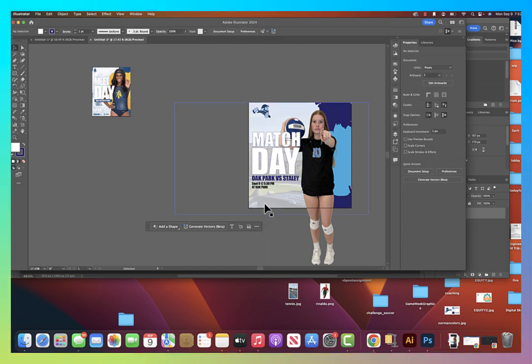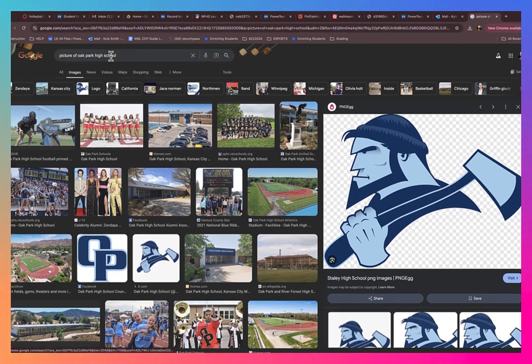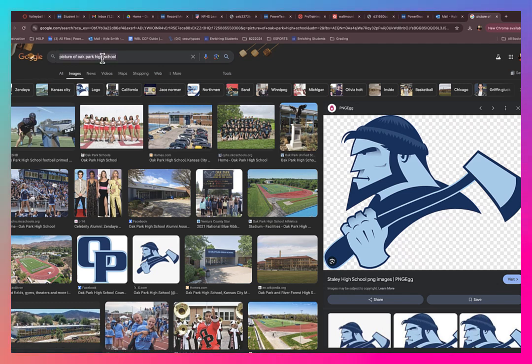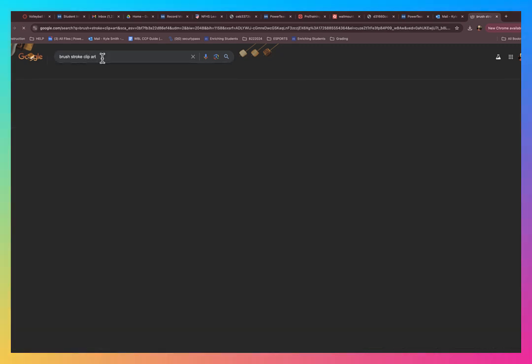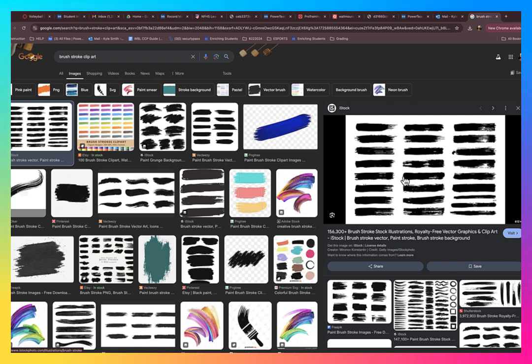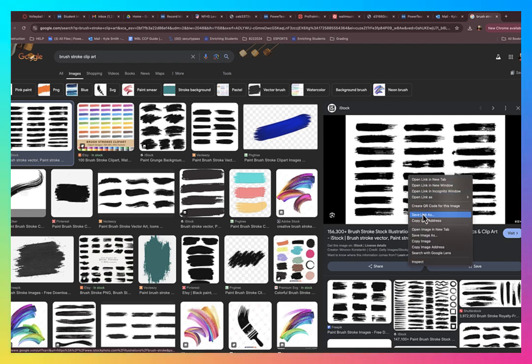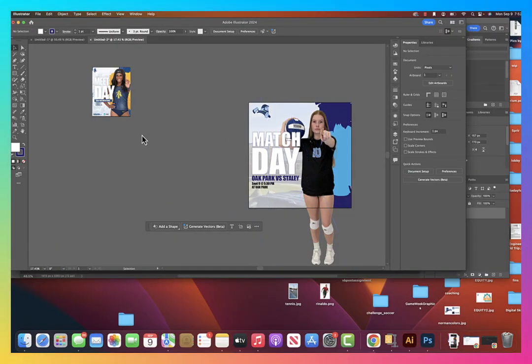You could put their logo down here if you wanted to. Let's go get the paint brush stroke, or actually, yeah, no, let's get a stroke. Brush stroke clip art. These are perfect. So I'm going to grab these, control click, copy image, go to Illustrator, and I trace it